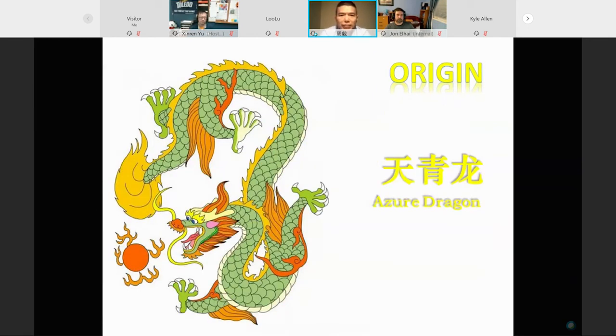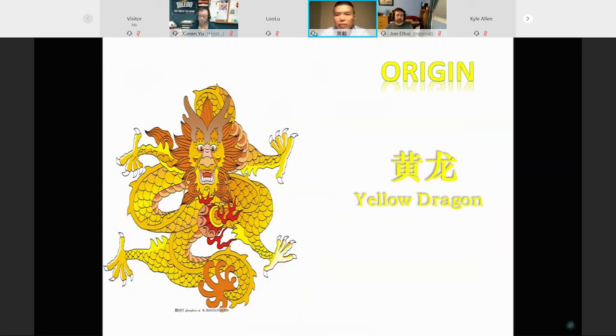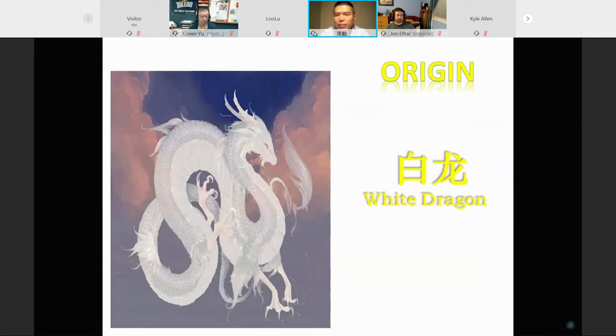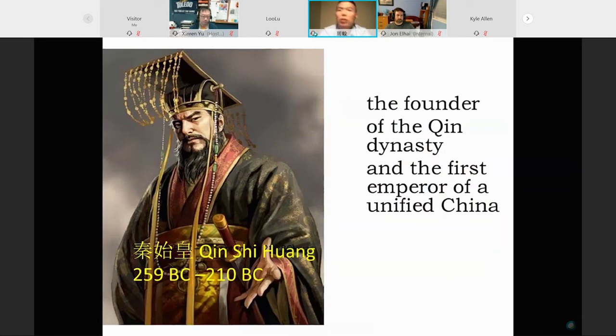See, Asura dragon, we have different dragons. Yellow dragon, it is the dragon who helps the Yellow Emperor to defeat his enemy. And the white dragon, different dragons in Chinese culture. They all look cute. Yeah, super cool. And the Chinese dragon was associated with the emperor of China and used as a symbol to represent imperial power. Chinese dragons are meant to symbolize omnipotent power.